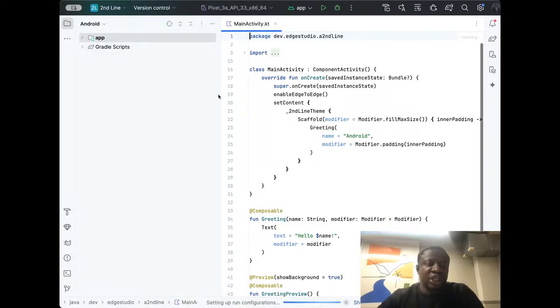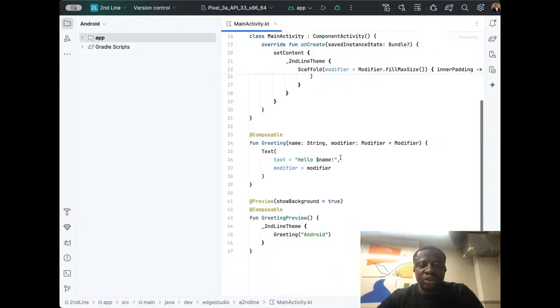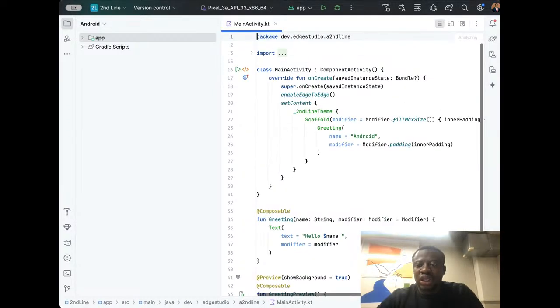Now I'm just gonna share with you the Second Line. Yeah. So here we are. I can't share multiple screens right now, but according to the documentation, it's telling me that I've got to do some certain things.